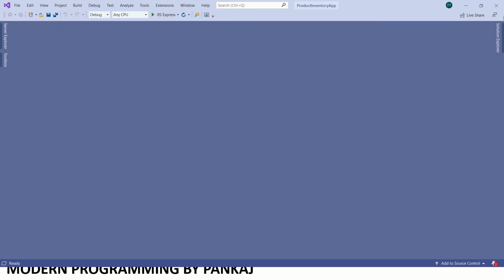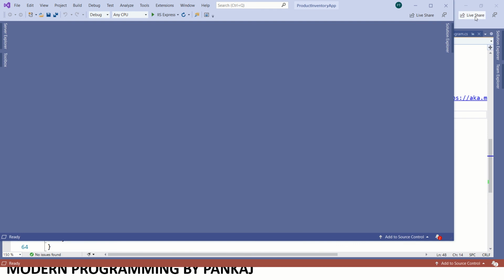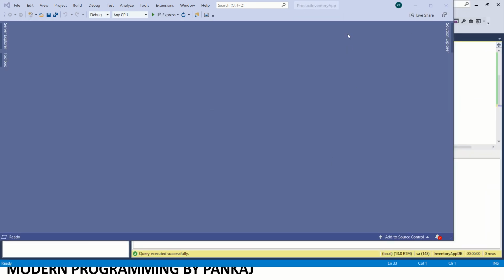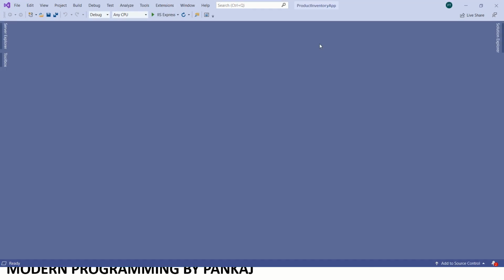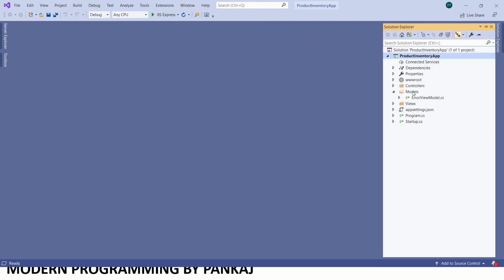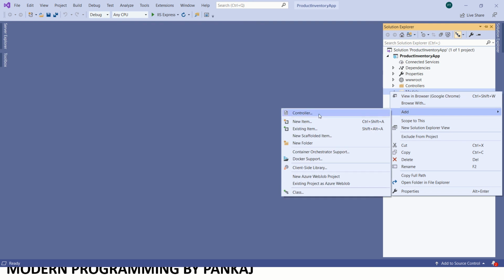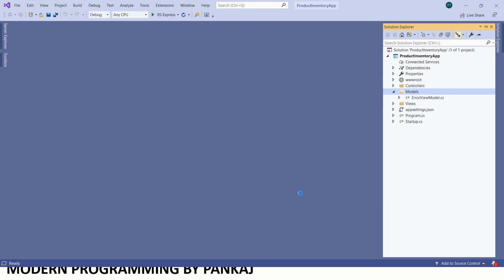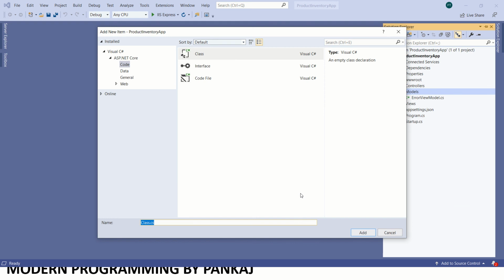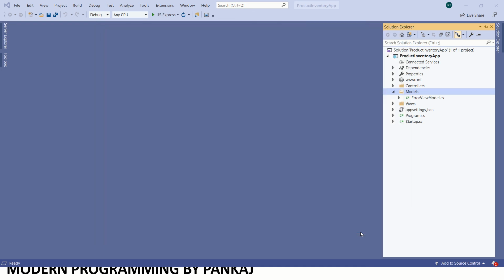Now first we need to create the model. Let's create one model inside the Models folder. What is the model name? I'll create one class and give it the name Product, so I will create Product.cs.